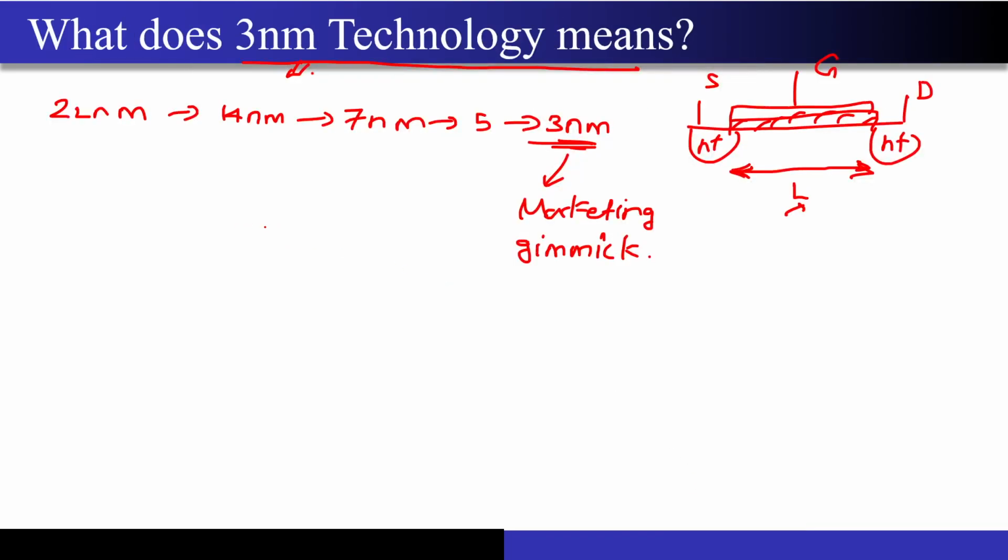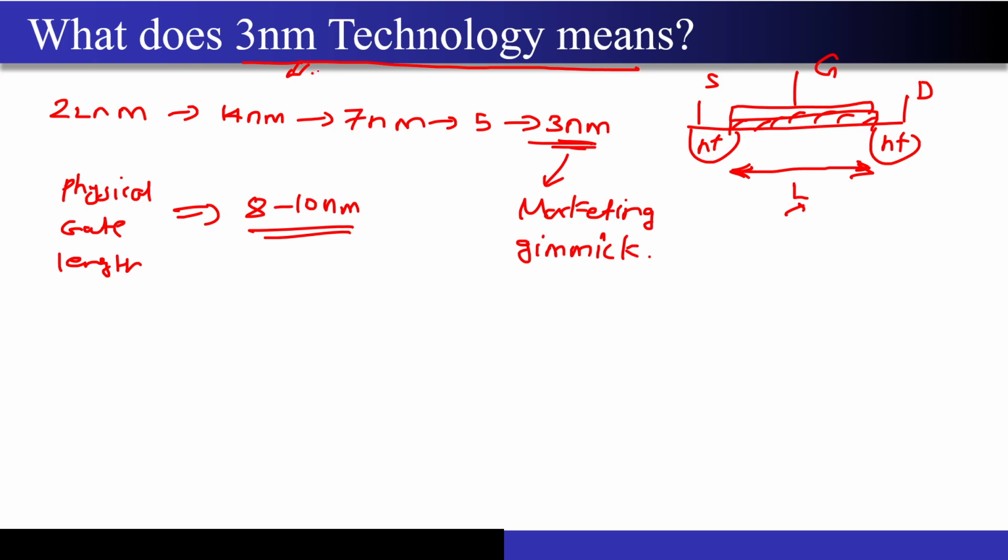So what they are doing is some kind of scaling. They are getting good performance improvement, so it is the equivalent of 3 nanometer technology. Let me just write it: even though the physical gate length that you are seeing may be closer to, let's say, 8 to 10 nanometers, the performance you are getting is as if you had fabricated a 3 nanometer physical gate length. That is the performance that you are currently getting.